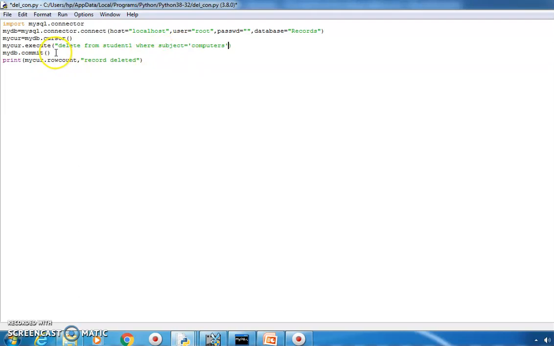Once again, you can pay attention that I have used mydb.commit. Children, once you understand the 4-5 steps of this coding for connecting with MySQL, you will learn every coding. Just make a little change with the queries of MySQL. Rest is the same. Just be attentive while writing the query. The syntax should be correct. Okay, now let's see.